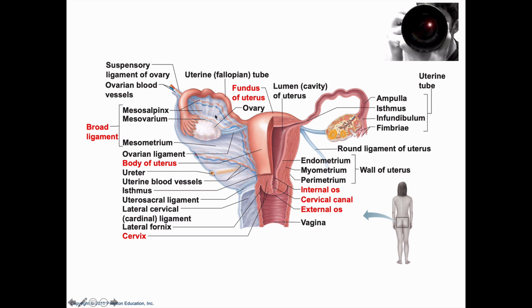It consists of the mesosalpinx and the mesometrium. They are nothing but folds. I showed you the 3D image. They are folds of the peritoneal sac present broadly by the side of the uterus. That's why it's called the broad ligament, and it also supports the uterine blood vessels. And there is a round ligament. This is the round ligament. It is connected between the uterus and the